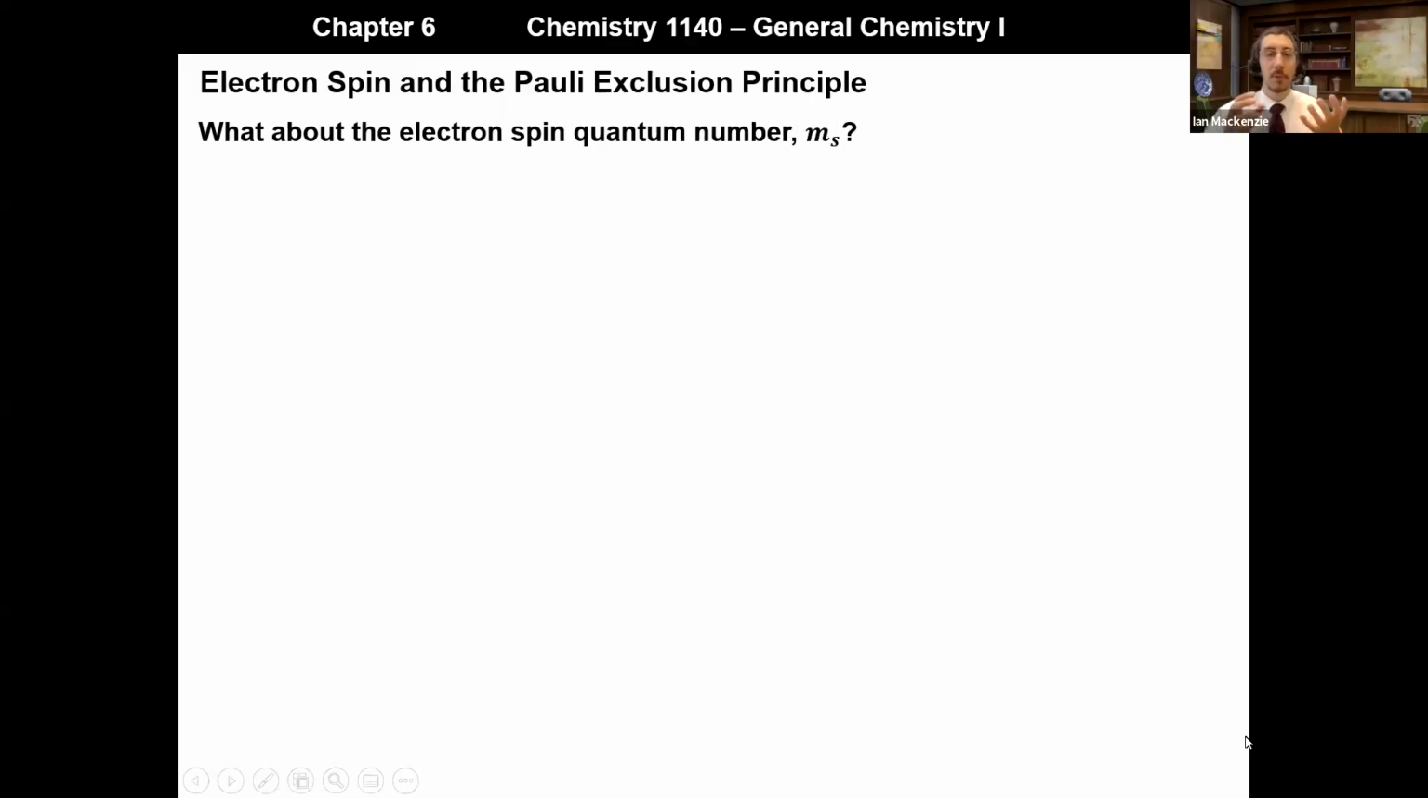Okay, so up to this point, we've talked about the principal quantum number, the azimuthal quantum number, and the magnetic quantum number. But if you've been keeping track of things, you might wonder, what about the electron spin quantum number, m sub s? What's going on with that, and what is it for? Well, we talked about it as describing the actual electrons within the orbitals. The first three describe the orbital, or this particular orbital that the electron may be in, but m sub s